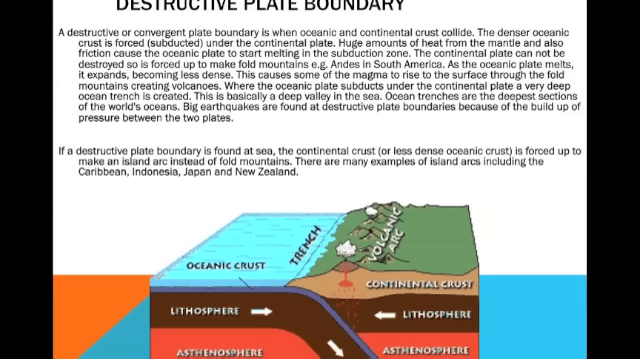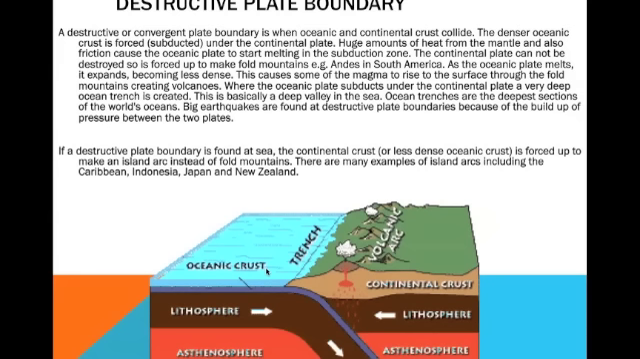A destructive or convergent plate boundary is when oceanic and continental crusts collide. The denser oceanic crust is forced under the continental plate, so it's subducted. Because it's heavier, the oceanic one is always heavier, so it goes down. It subducts. Huge amounts of heat from the mantle and also the friction cause the oceanic plate to start melting